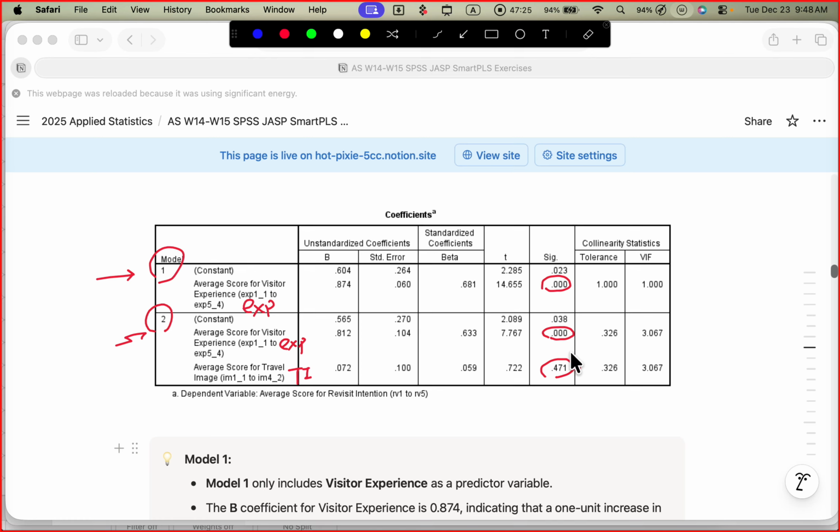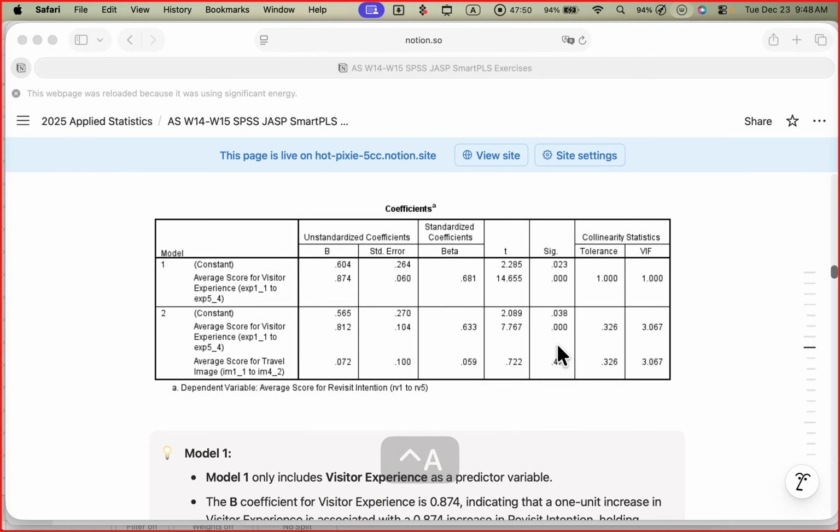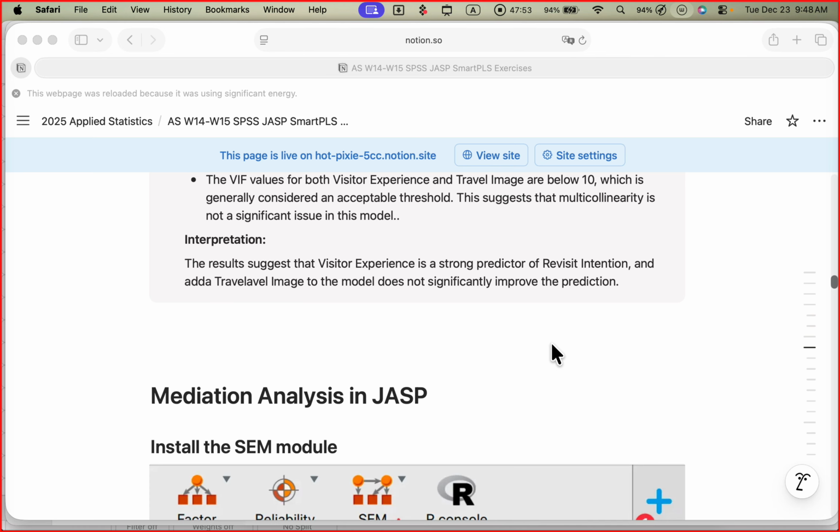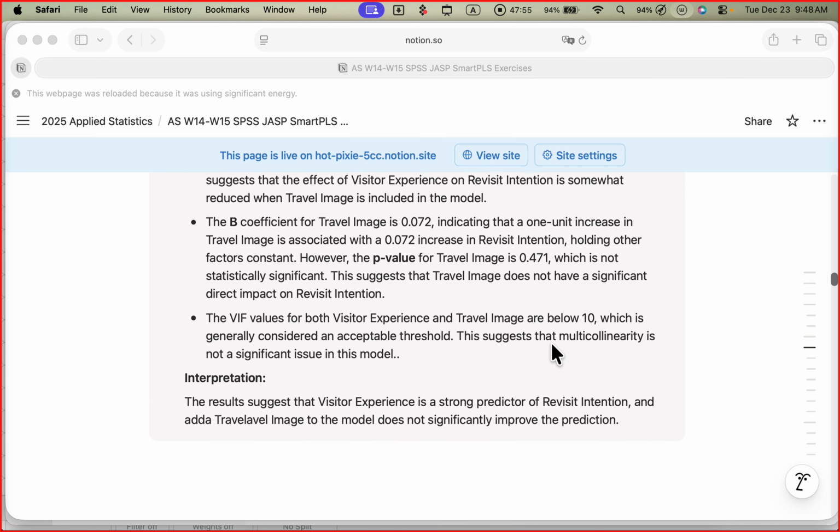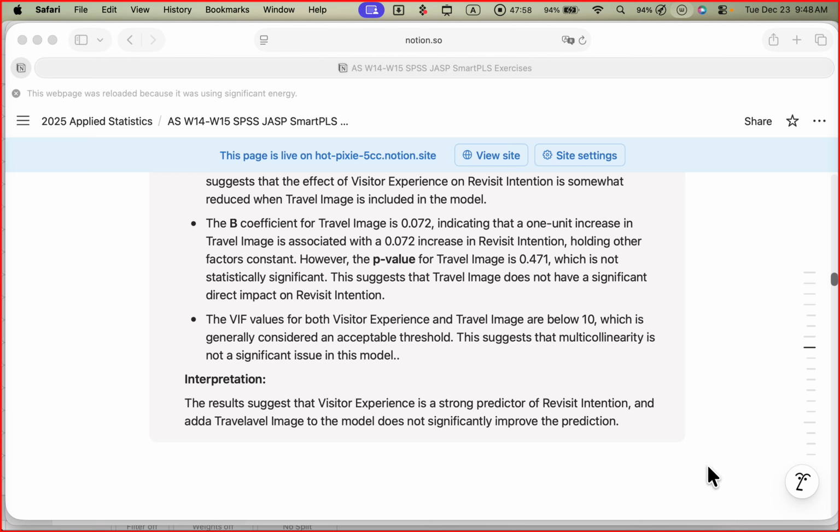Next, the bootstrapping approach. If you want to do the Sobel test, you need the coefficients and link them to the Sobel test. There's a website. You put in the coefficients and then calculate the p-value for the indirect effect. Good. Okay, now let's take a look by using SPSS to